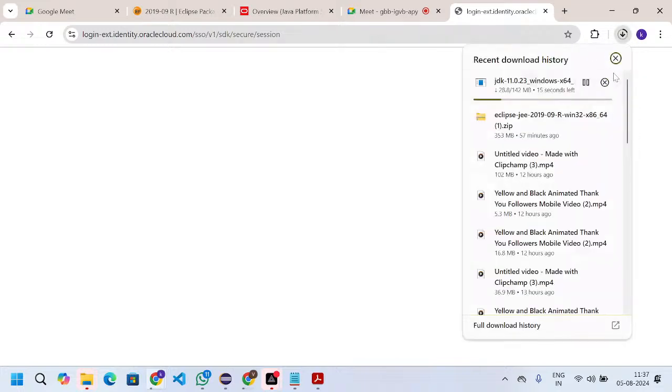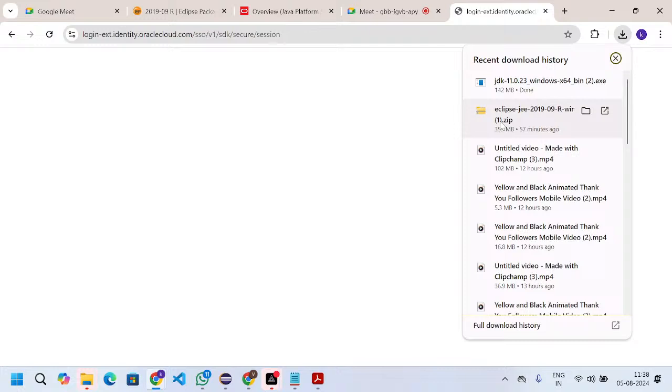So the JDK got downloaded, right? You can do this in your case also. It will download it, and then if you click on this application, it will take the default path under the C program files and JDK folder itself. So you can choose that one. Then the JDK got installed in our local.